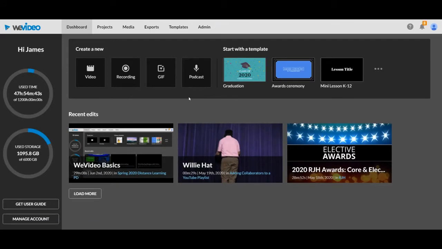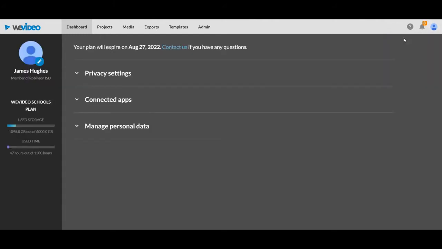Now, first thing you want to do when you come in is come way over here to the right. Click on your little person icon. Go to account settings. And you want to be sure that this says member of Robinson ISD. If it does not, you will need to contact Mr. Thomas or myself, and we will get connected with you about the link you need to join the Robinson ISD